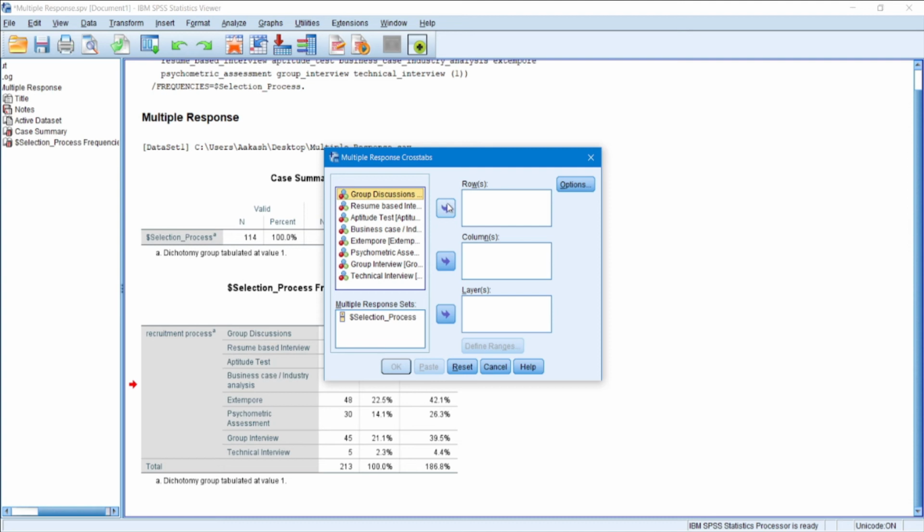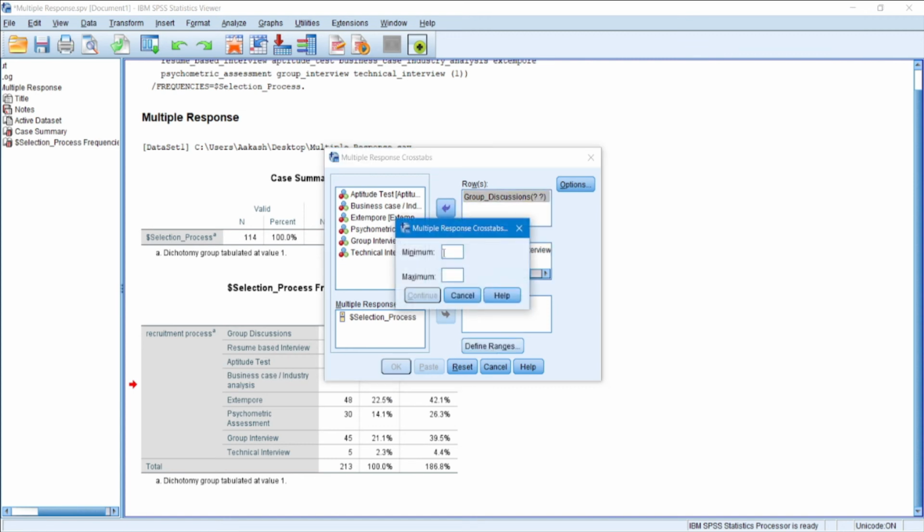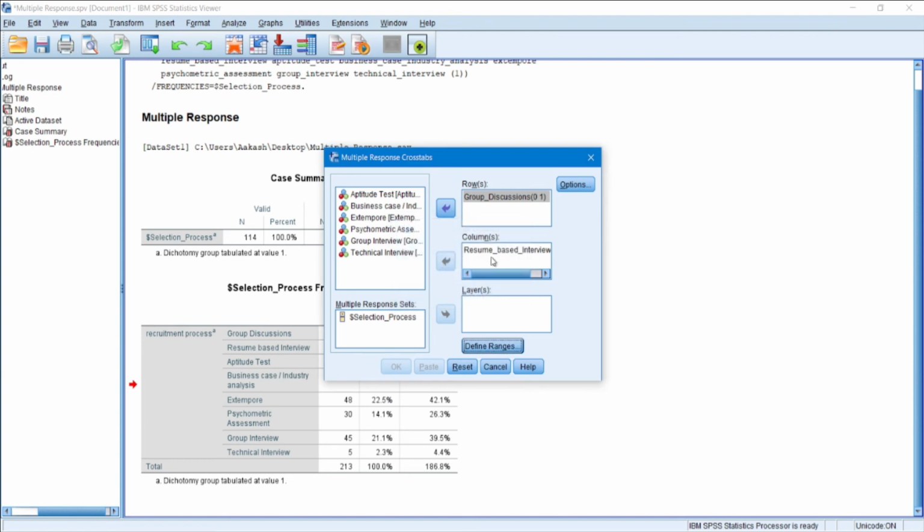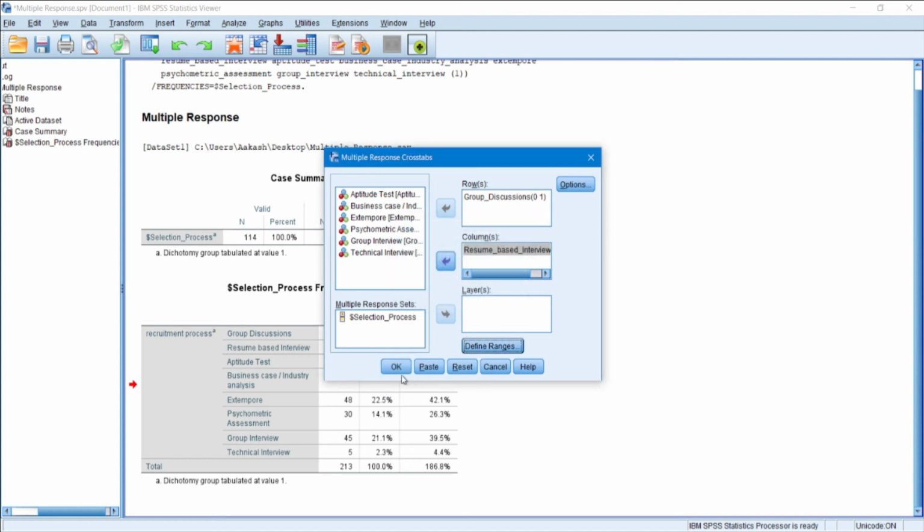So first we'll transport this into rows. Then we'll transport our next variable into column. Define range. Since the minimum is 0 and the maximum is 1, since those were the options, we'll do a similar thing for this as well. So 0 and 1. Continue. Press OK.